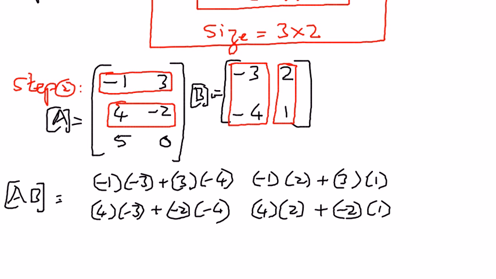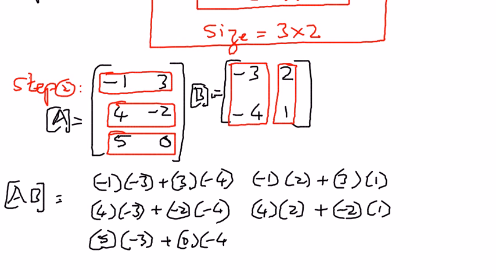Then we go to the third row in here and do the same thing. 5 times -3 plus 0 times -4, and then we take 5 times 2